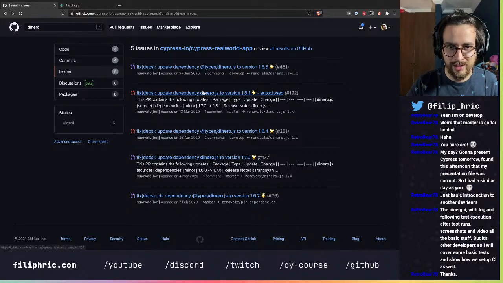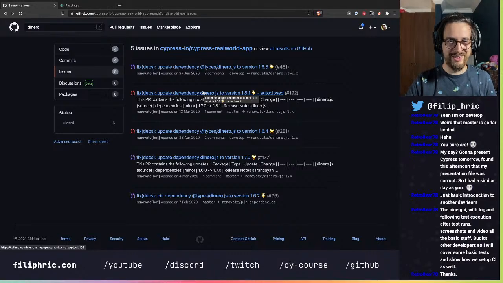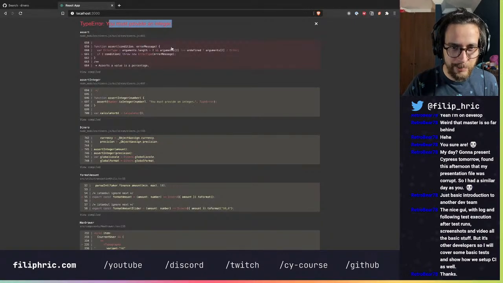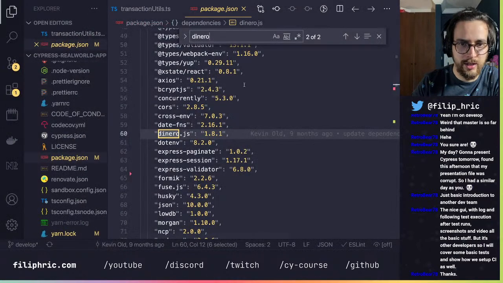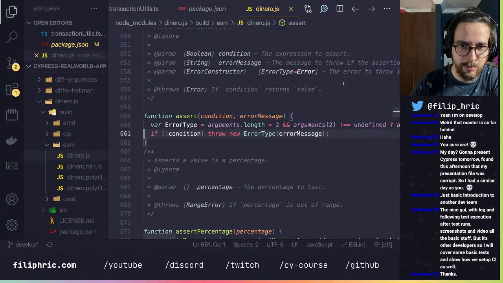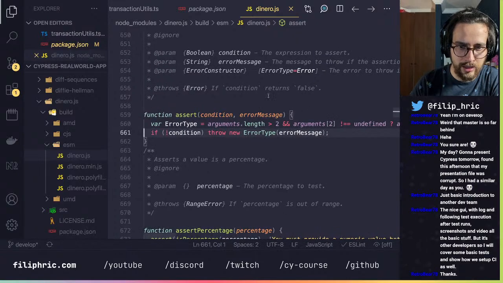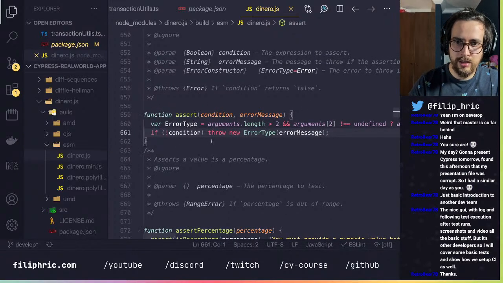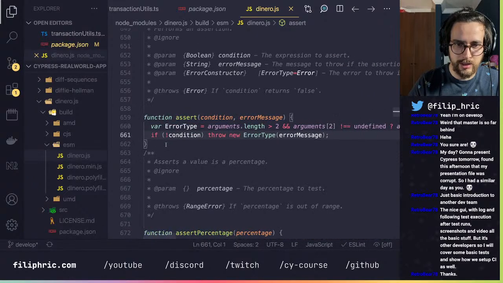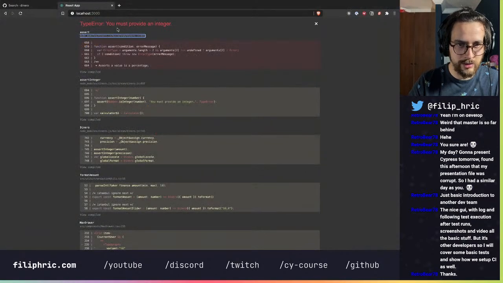I really got nothing. I don't know where to move on from here. I can obviously look into this function. I can open it and see what's happening here, but it's just a function and I don't know how it's being used. And it seems like some kind of type check. Well, obviously it's saying that we should provide an integer and we're somehow not providing it.